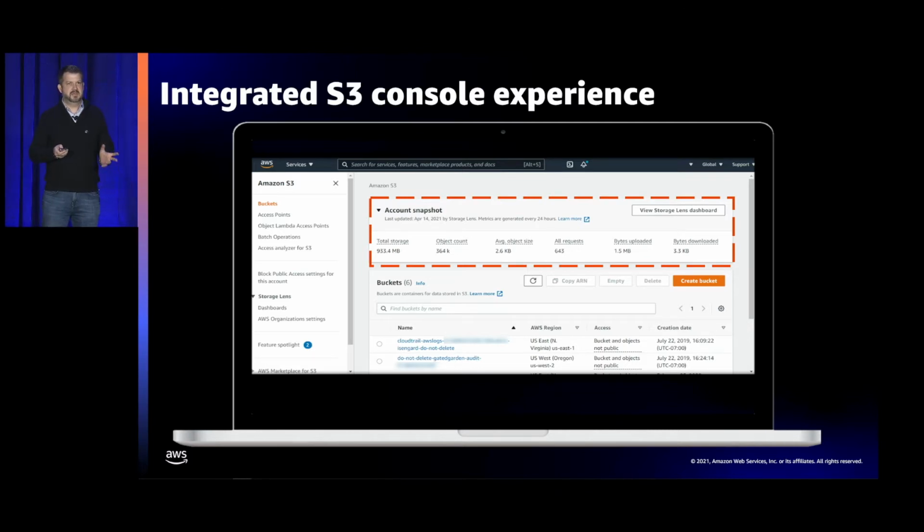And if you see something amiss, you can click into the StorageLens dashboard, and in one click, you're in a dashboard and you can investigate further. And if everything looks fine, then you just go about your way and complete your task. So we've heard from customers that this kind of contextual insight, and in general, the StorageLens dashboard experience, is really positive.